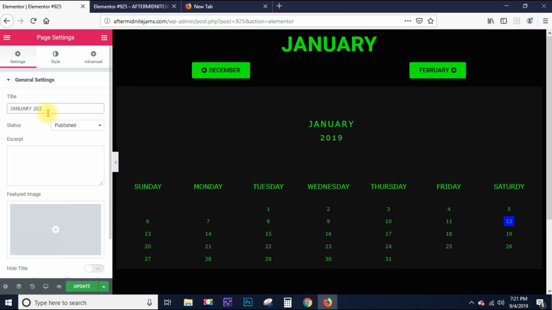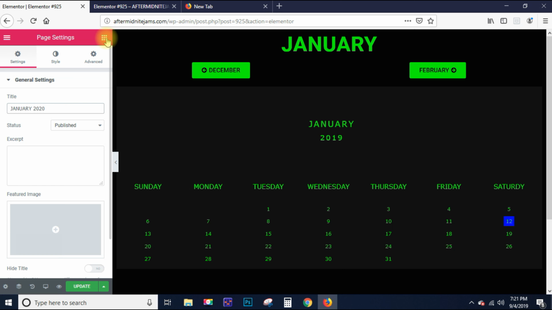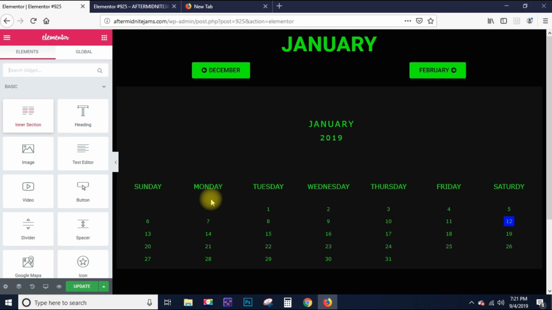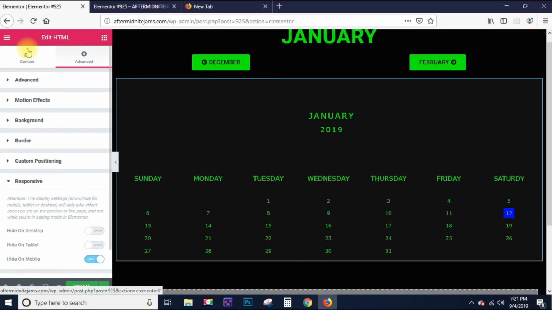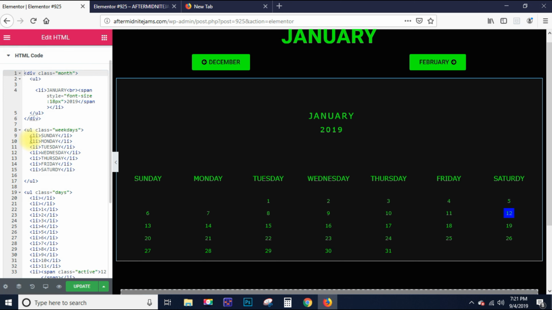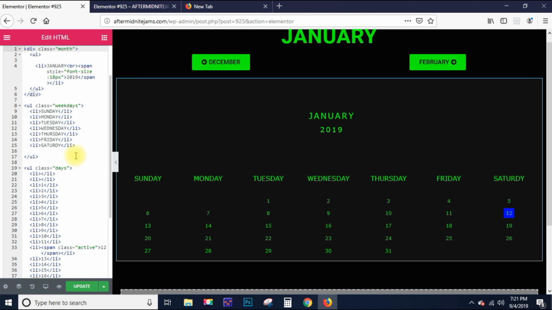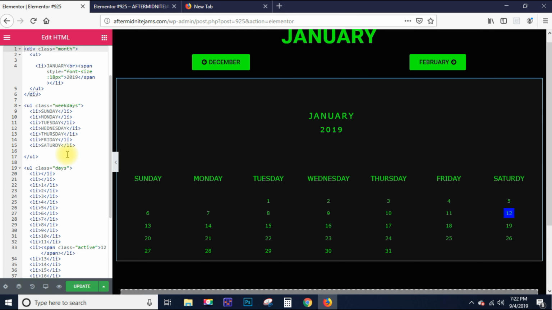Yeah, 2020, and then you'll know that you got that. So then I'm going to come back up here. Now that's changed in Elementor. So I'm going to come back over here and click on this, and I want to go over here to contents. Now, what you want to do is, because it's on a Wednesday instead of a Tuesday this year, I think